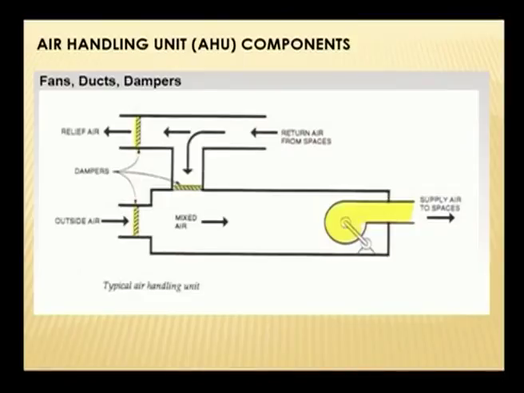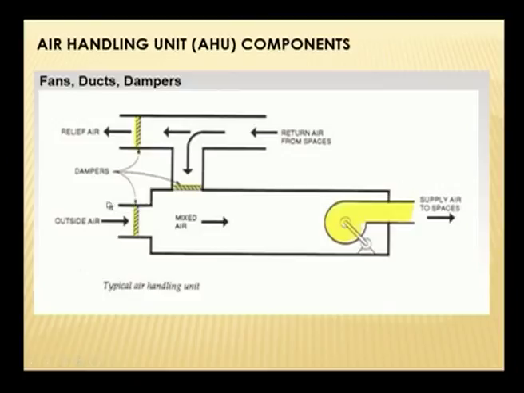So, let us look into the different components of an air handling unit in the following slides. The important components are the fans, ducts and dampers. These are the dampers, the one highlighted in yellow, that is what I talked about. The dampers close and open depending on the requirement, and then this is the duct which takes return air